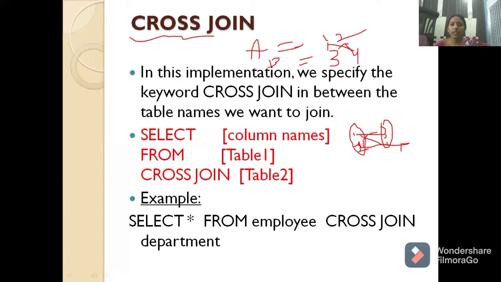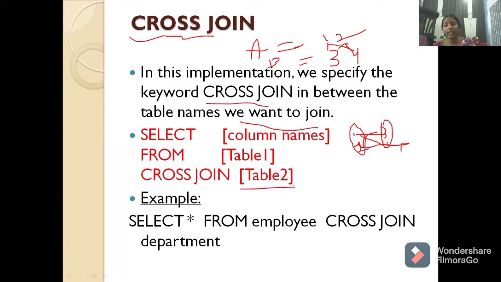For its implementation, we specify the keywords cross join in between the table names we want to join. It also changes from version to version. In this syntax, select the column names you want from table 1 cross join table 2.